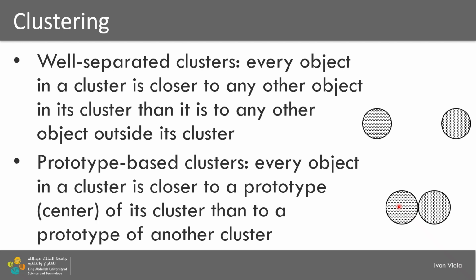So that is the so-called prototype-based clusters, which, because of their characteristic, have a natural spherical shape or circular shape because they tend to have kind of a symmetric clustering from all directions, approximately the same